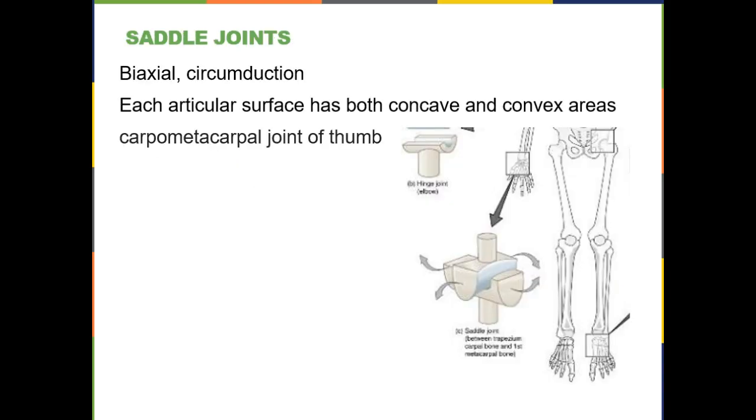Then you have saddle joints. This is a weird joint. As far as I know, there's only one true saddle joint in the body. It allows for biaxial angular movement and circumduction. If you think about the way a saddle works, it has both concave and convex areas. Right, so if you look at a saddle from the side,